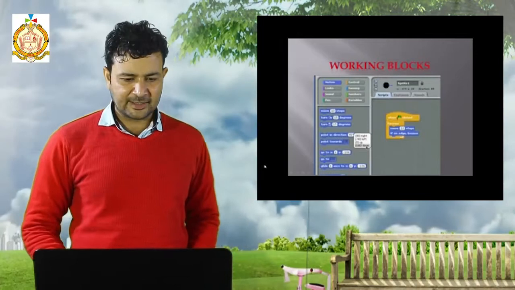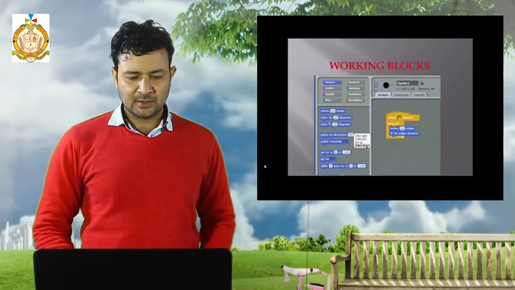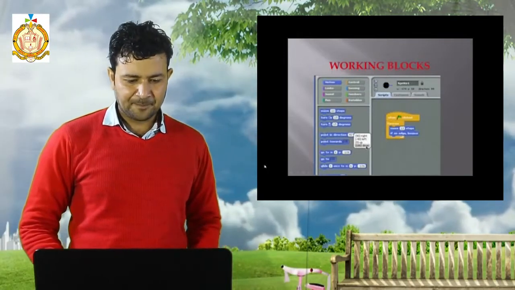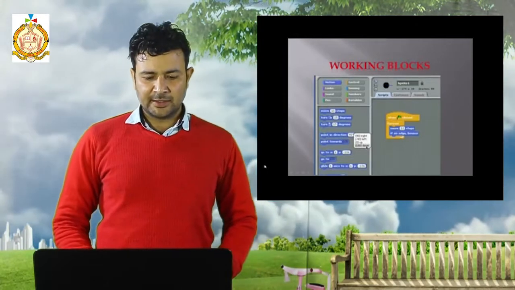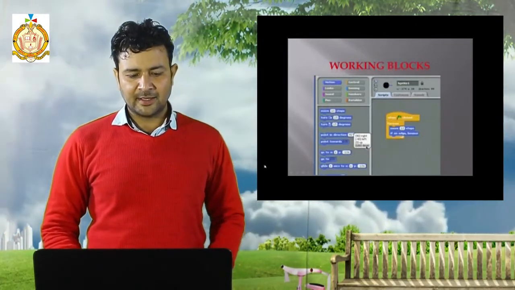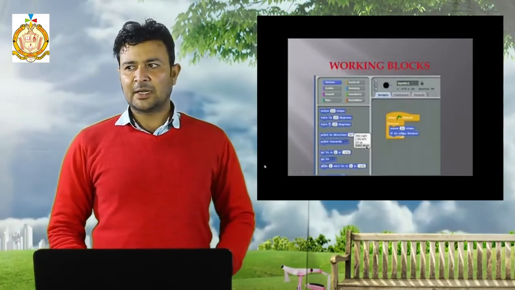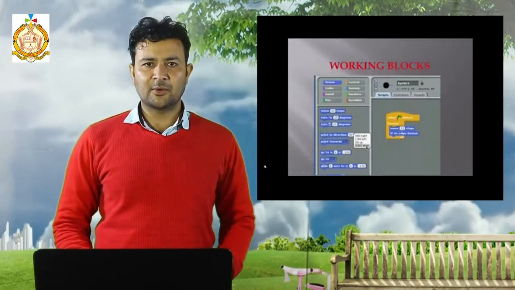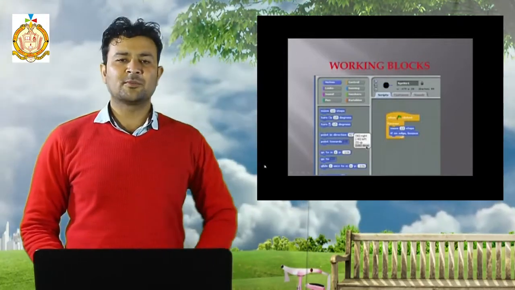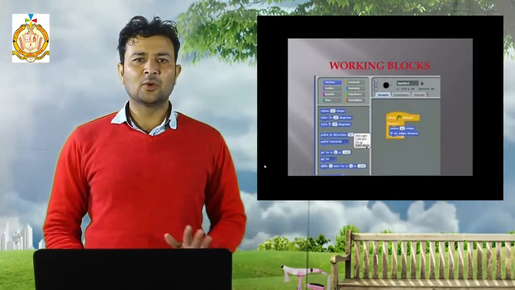That is why this heading is there, working blocks. As it is showing in the PPT, all the 4 blocks are there. And if we want to use motion, in it is given also move 10, 15, 20. What is the function of this 10, 15 and 20? It means if you have an object, with the help of the motion block, if we put a 10 step move, it will go 10 steps.